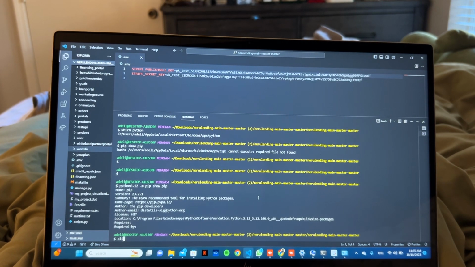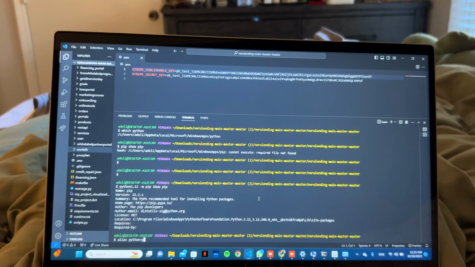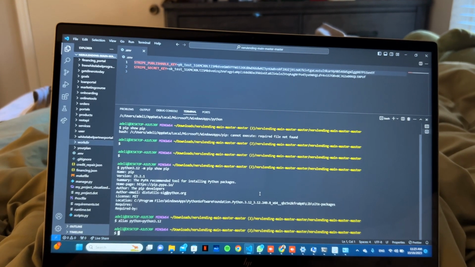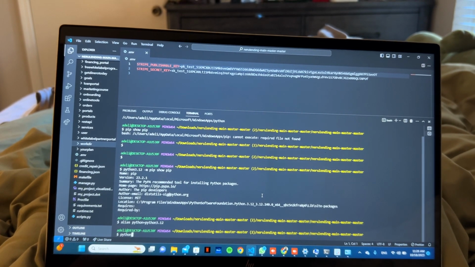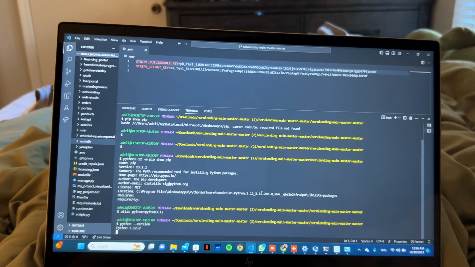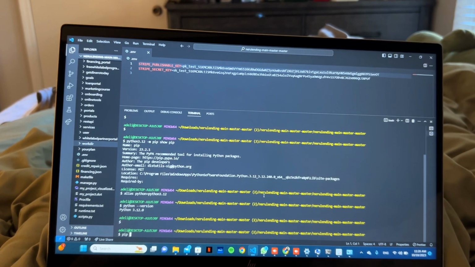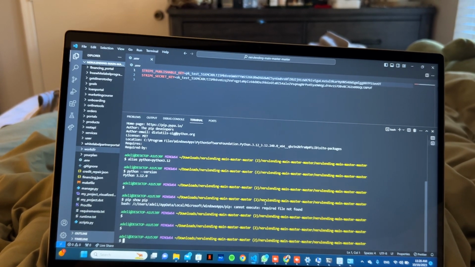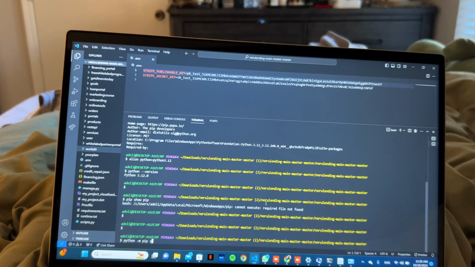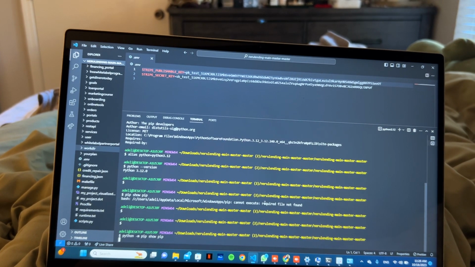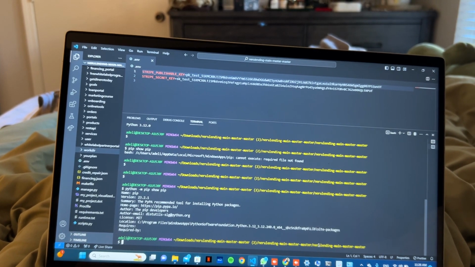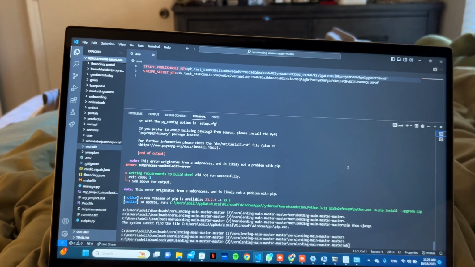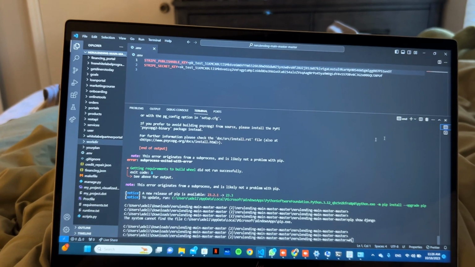Yeah. Interesting. Python and share. They're so odd. Alright,